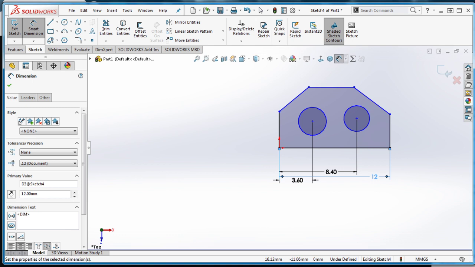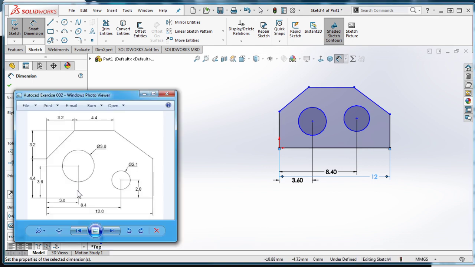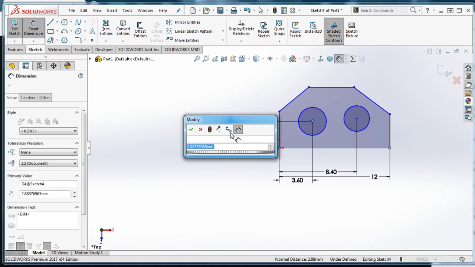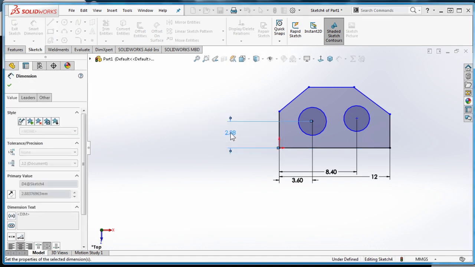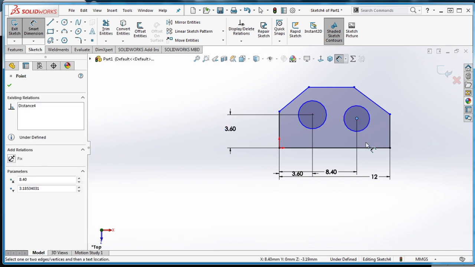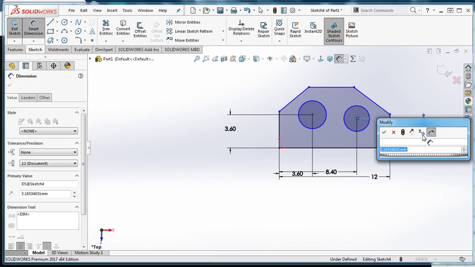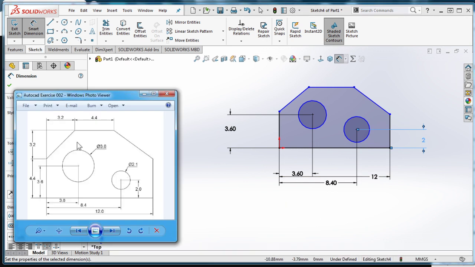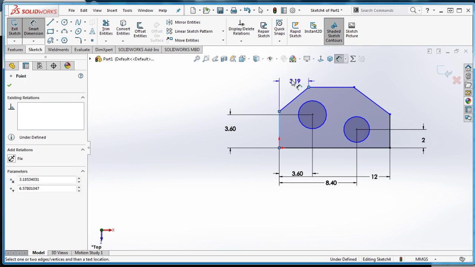Then now see the distance from the bottom to the center, 3.6 and 2.0. From here to here, 3.6. From here to here, 2.0. Then what else? Distance from here to here, 3.2. So here to here,